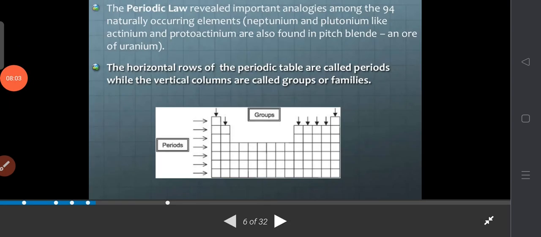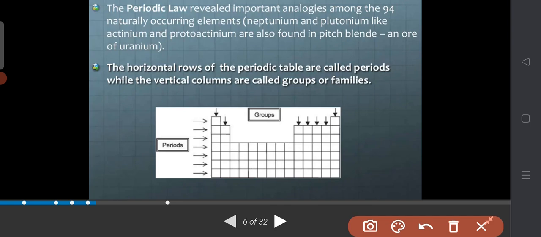So this is the picture showing the groups and periods. Left to right, they all are the groups, so 8 groups according to the atomic number. First hydrogen, after that helium. Helium will come to the last group, because it has an inert gas configuration, and the inert gas group is group 8, number 18.